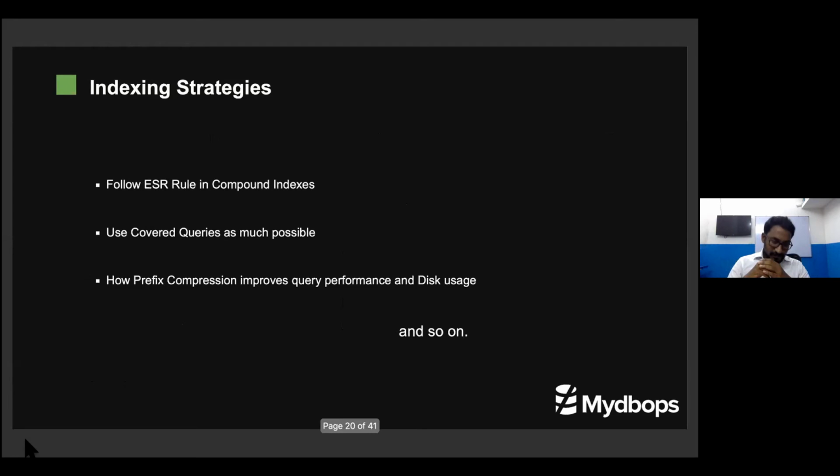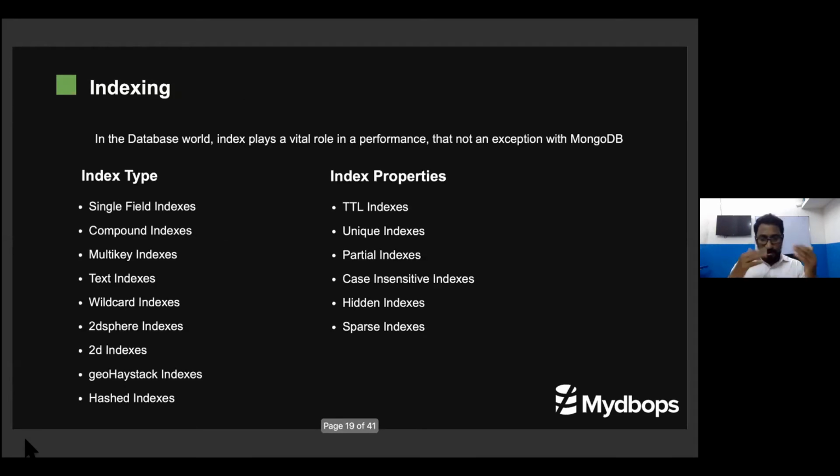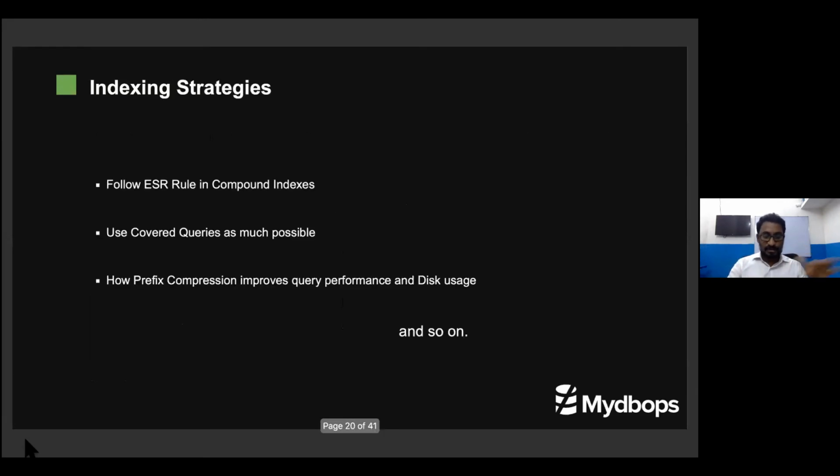In this, I'm not going to cover all the indexes and the performance metrics related to them, because I'm sure you are also busy and we don't have enough time. Maybe in upcoming days, I will try to do it. So I'm just going to focus on compound index and how you need to plan the strategy based on it. Why? Because I understand most people will use single field index and compound index in their day-to-day production. I'd rather focus on the 80-20 rule. So I just chose this one. Sorry for not covering all the details.